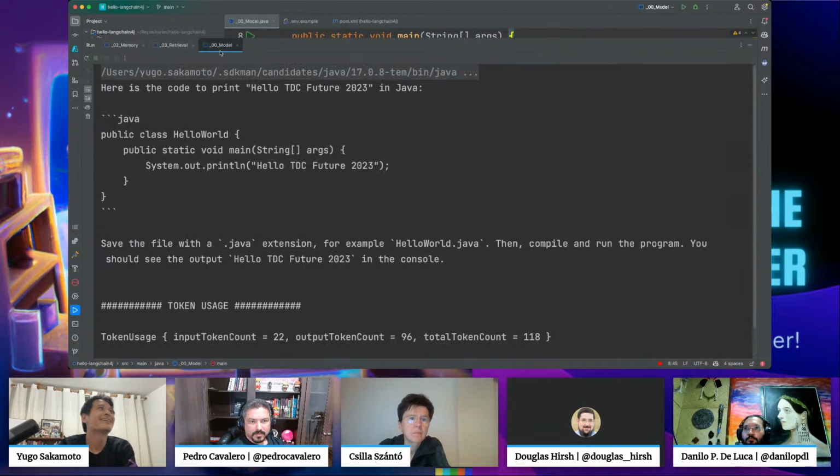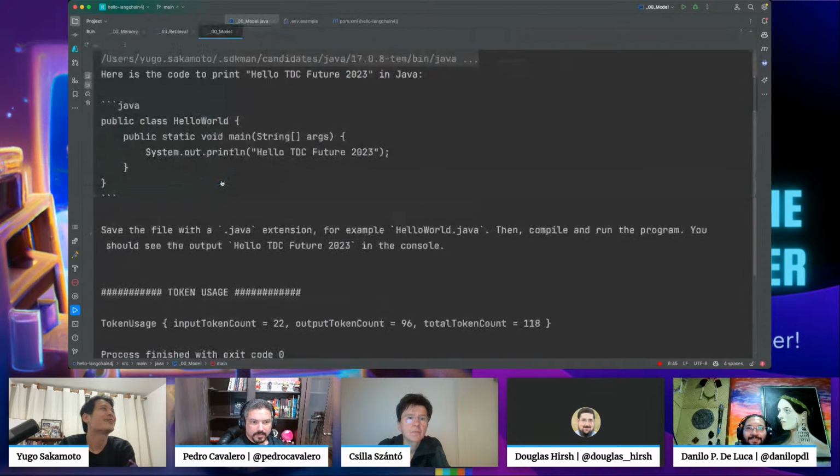Good. It took a while. Yeah, now it's okay. So this is the whole message from the OpenAI GPT 3.5 model. So just by giving it an input, right? Hello world, printing hello TDC Future 2023.